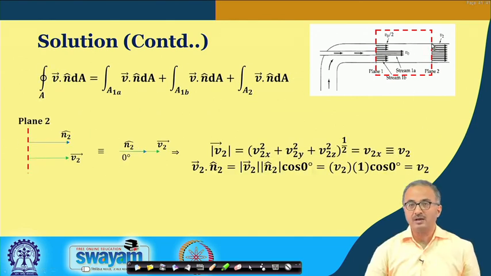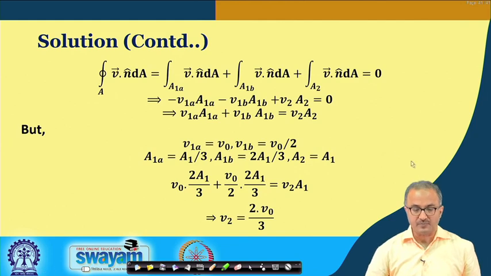Next we go to the other plane, plane 2, and here we find that the outward normal and the velocity have the same direction, so the angle between these two vectors is 0 degrees. So, here we put the 0 degrees and we find this is the value of the flux at this particular plane. Now, putting in these values of the velocities, we obtain this expression ultimately, and you can see that velocity times this area is the volumetric flow rate.